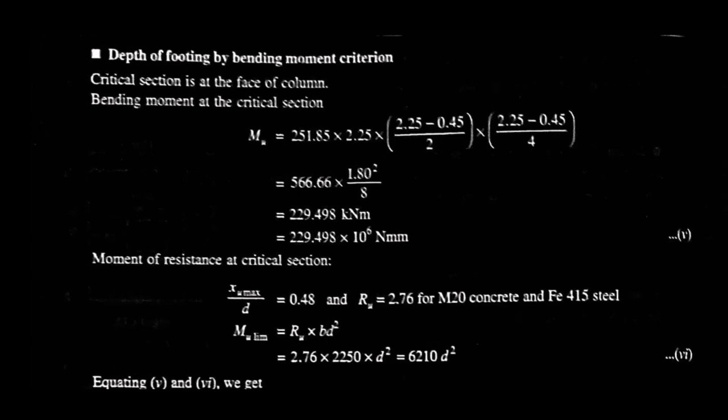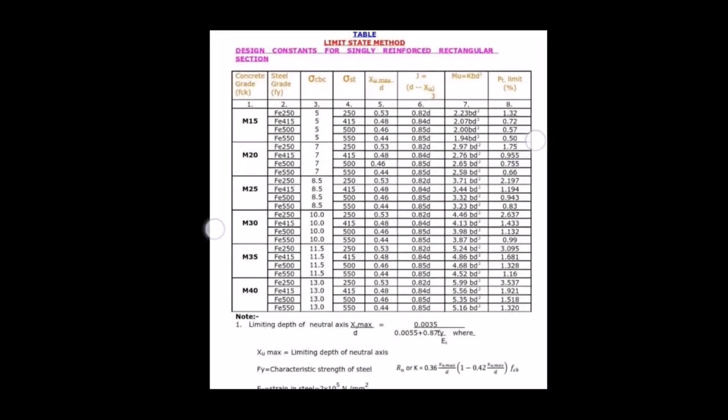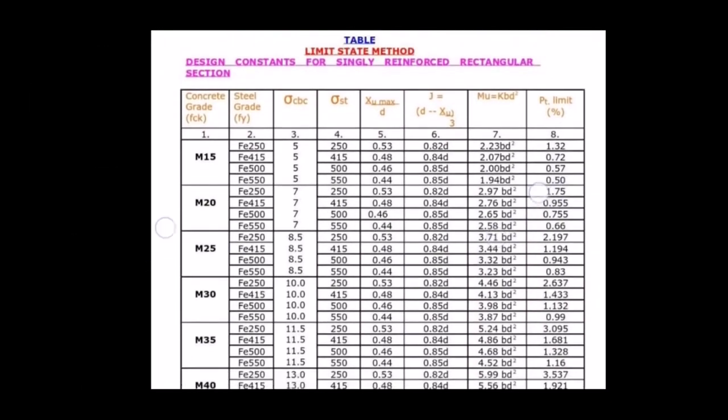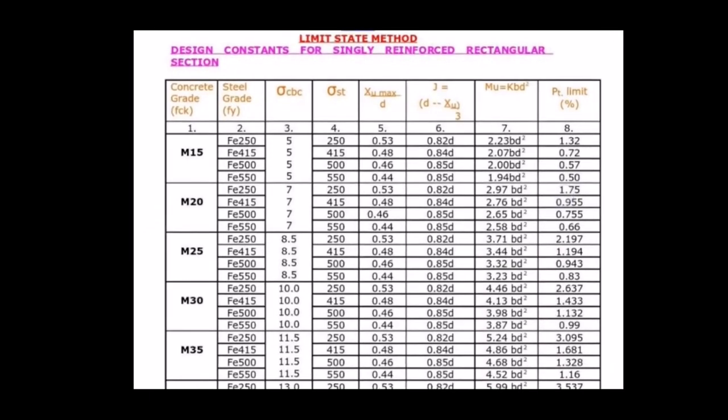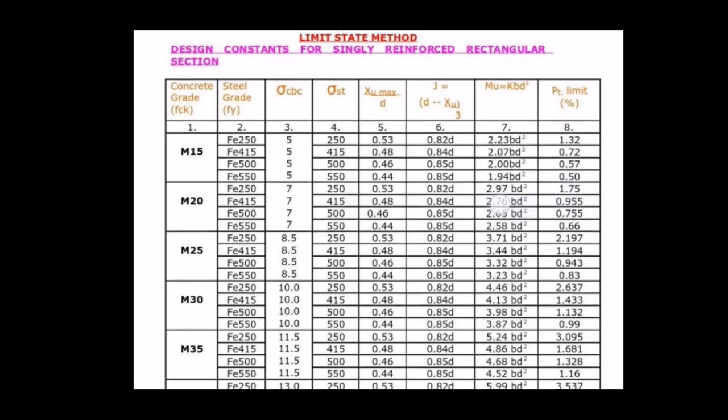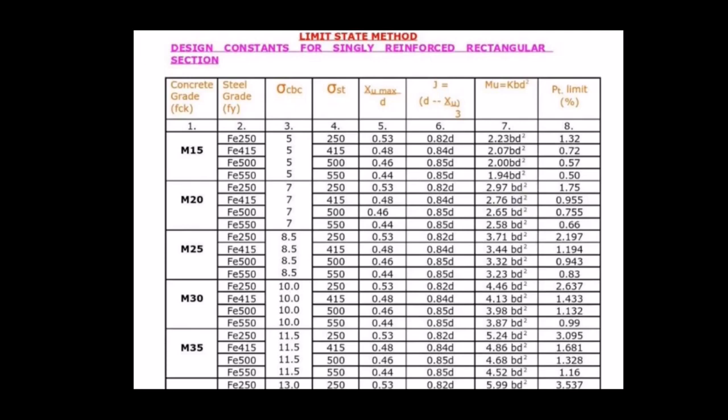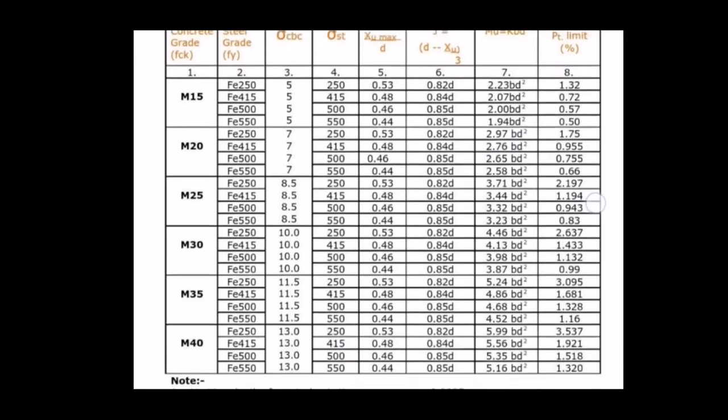Let's check again. So for Fe 415 steel and M20 concrete we have to check the value of Ru. Okay, so let's see the table again. So this is the table. So for M20 concrete and Fe 415 steel, K or Ru is 2.76 Bd square. Okay, so Ru is 2.76 as per the table, where Ru or K is